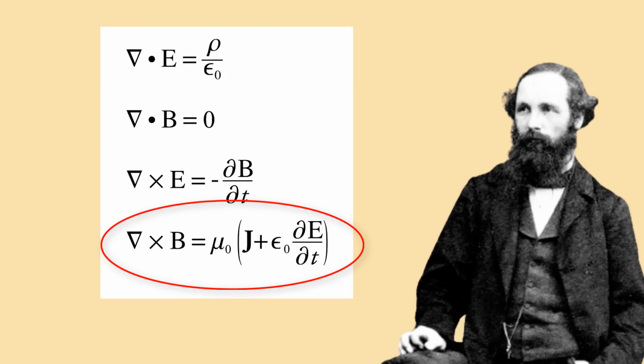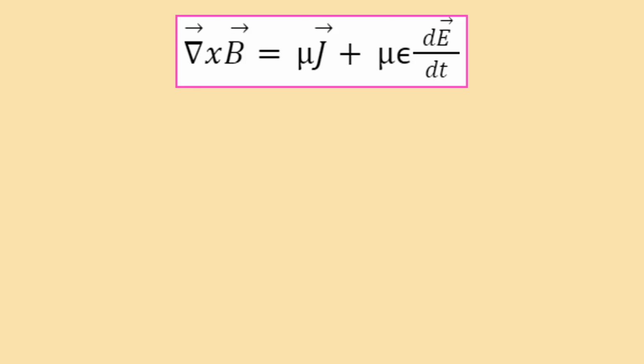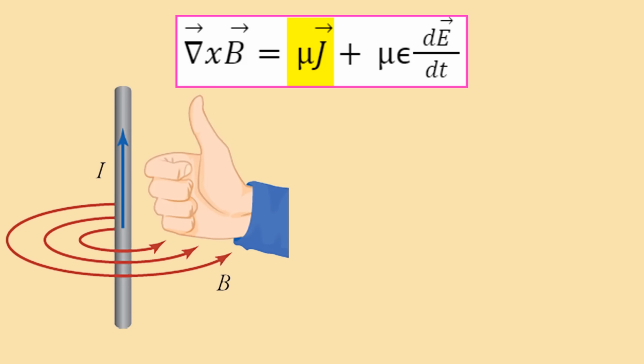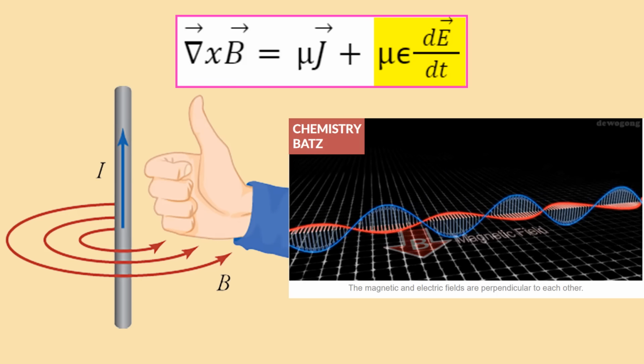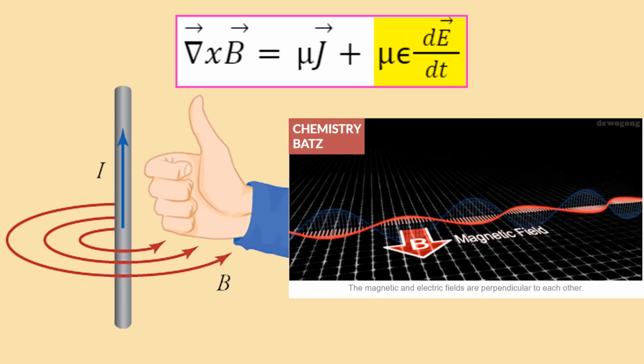Anyway, once again, in a vacuum or in air, these constants are still needed for the units. And we use the magnetic permeability of free space, mu naught, and the electric permittivity of free space, epsilon naught, to get the curl of B is mu naught J plus mu naught epsilon naught dE/dt, which is how this law is often taught to students. Now, once again, don't get bogged down with the constants. What's more important is what this equation is saying. And what this equation is saying in a fundamental way is that the curl of the magnetic field is either due to a current that the magnetic field is circling or from a changing electric field that is inducing a perpendicular magnetic field around it.